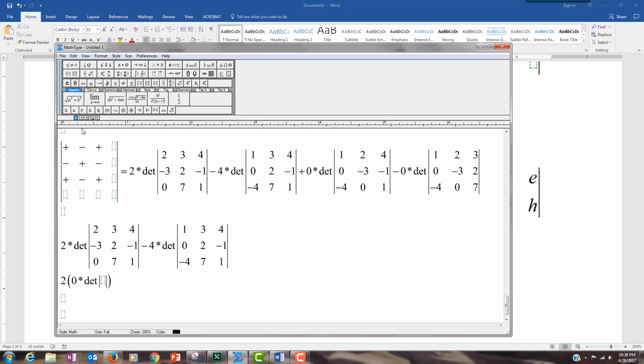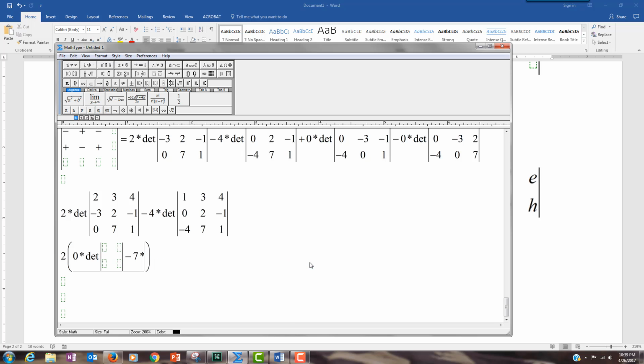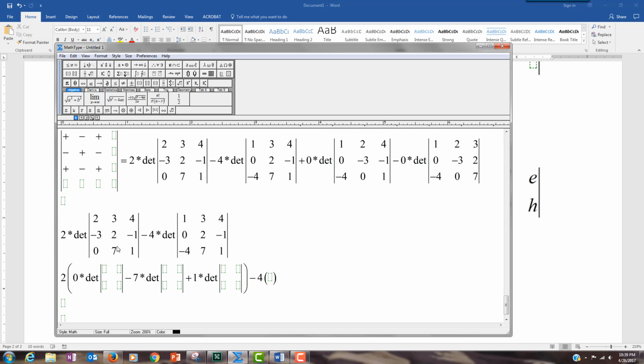All right, bear with. We're going to do a 2 by 2 around it. Okay, and then it's a minus 7 times the determinant. Oops, I got ahead of myself. I was trying to set up so we go back and fill in those numbers. All right, so minus 7 times that guy, plus 1 times that. And we'll come back in and fill in those blanks, and then we have minus 4 times, and now we